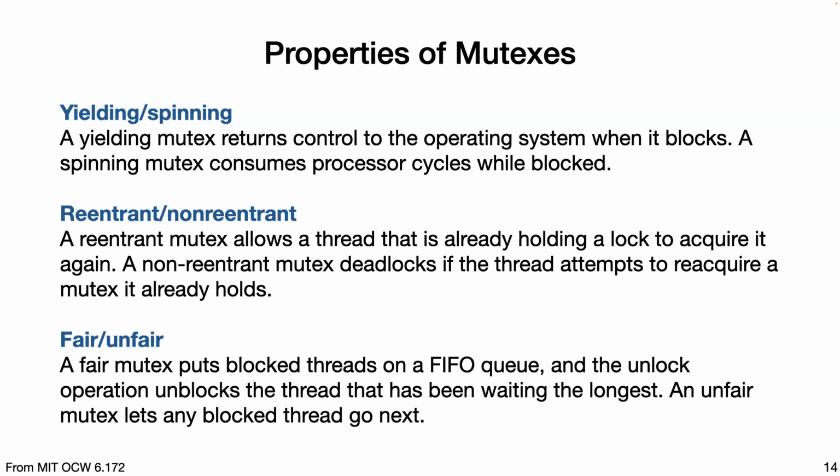Another one is called a reentrant mutex. A reentrant mutex allows you to acquire a lock again, even if it's already held. If that particular thread is holding a lock, it can hold it again. But a non-reentrant mutex, which is the more common kind, deadlocks if you try to reacquire a mutex that you already have. Because with many mutexes, you can think about implementing them with a bit that's just saying, is it held or not? And so it doesn't know who is holding it, and it's just waiting for the bit to